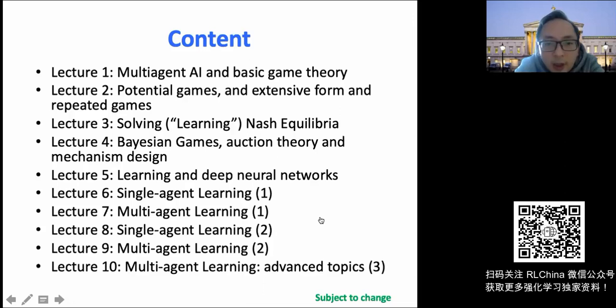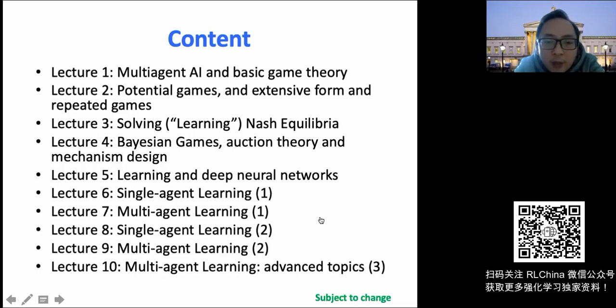Then the learning kicks in. So in the later part, when we're talking a bit about deep neural networks, for people who are not familiar with it or haven't taken any machine-learning-related modules, we will have a very quick introduction about what we mean by learning, machine learning, what a neural network is, and how we can do backprop to train a neural network. With that weapon, we can go through decision making, which is lecture 6, talking about single-agent learning.